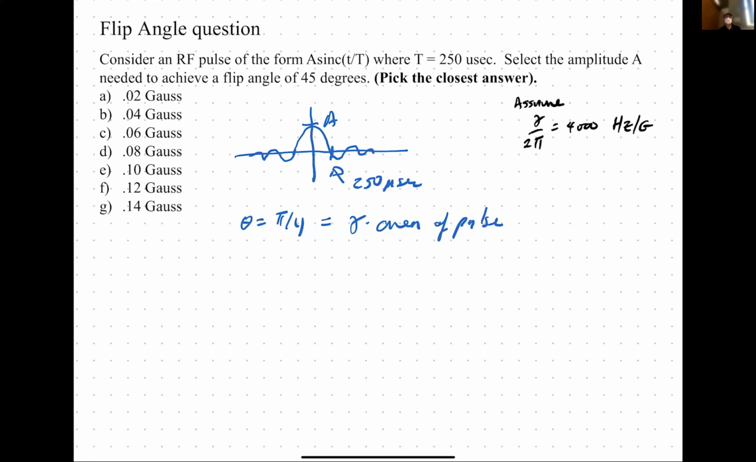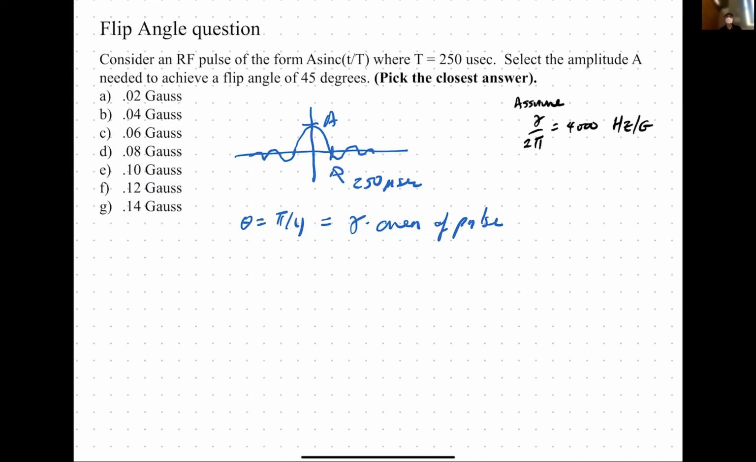Okay, so now it's pretty straightforward. I just have to integrate my sinc function, right? So let's assume that you don't really feel like integrating a sinc function right now. So what could you do to sort of save some time and not have to integrate a sinc function? Yes. If I keep the Fourier transform,